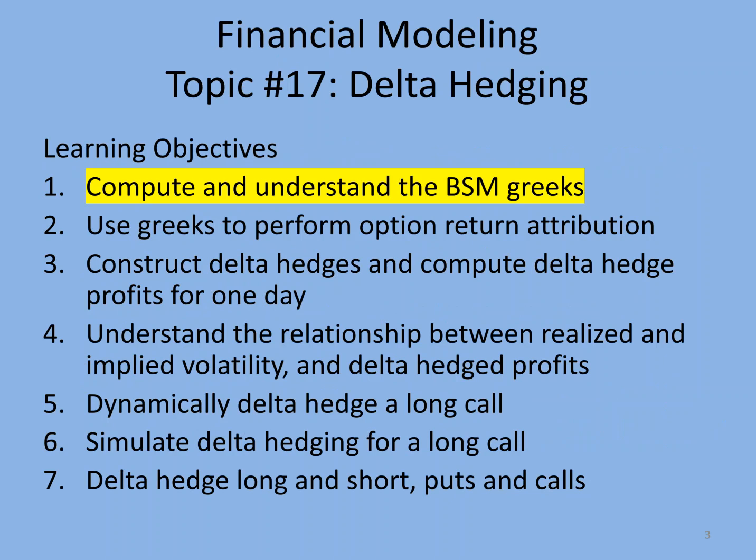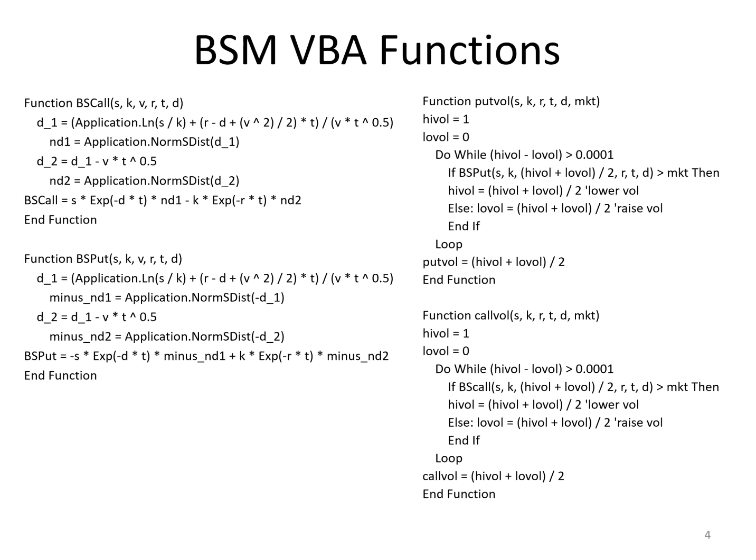Stock prices, simulating options and option strategies, and using Monte Carlo methods for option pricing. Section 1. Compute and understand the BSM, Black-Scholes-Merton, or sometimes Black-Scholes Greeks. From previous topics, we've gone over the Black-Scholes call and put formulas and functions. Here is a function to calculate the value of a call, BS call, a function to calculate the value of a put, BS put, a function to calculate the implied volatility of a put, and the implied volatility of